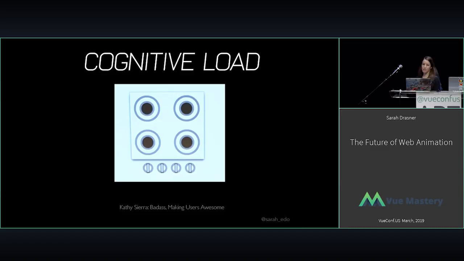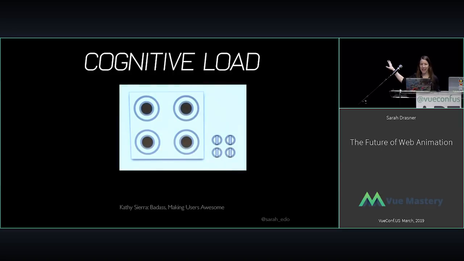So I love this example from Kathy Sierra from Badass: Making Users Awesome. If you haven't seen that talk or read that book, she's amazing. So this is a kind of typical stove, right? And I don't know about you, but every time you look at it, you kind of have to refigure out which knob goes to which thing. And if we just change that layout a little bit, all of a sudden, that is remapped, and we already know where everything goes. We don't have to lose those cognitive cycles that we had to impose,